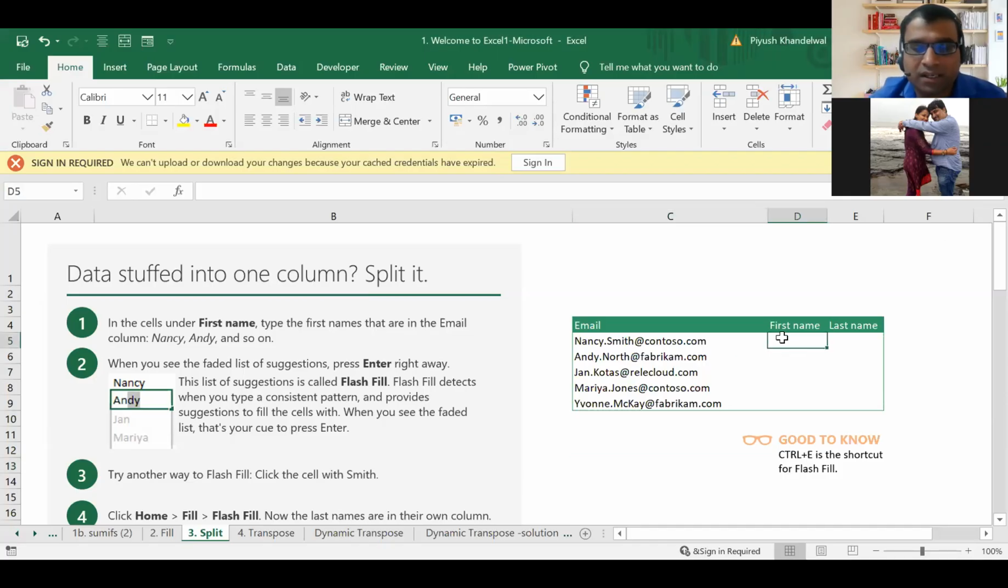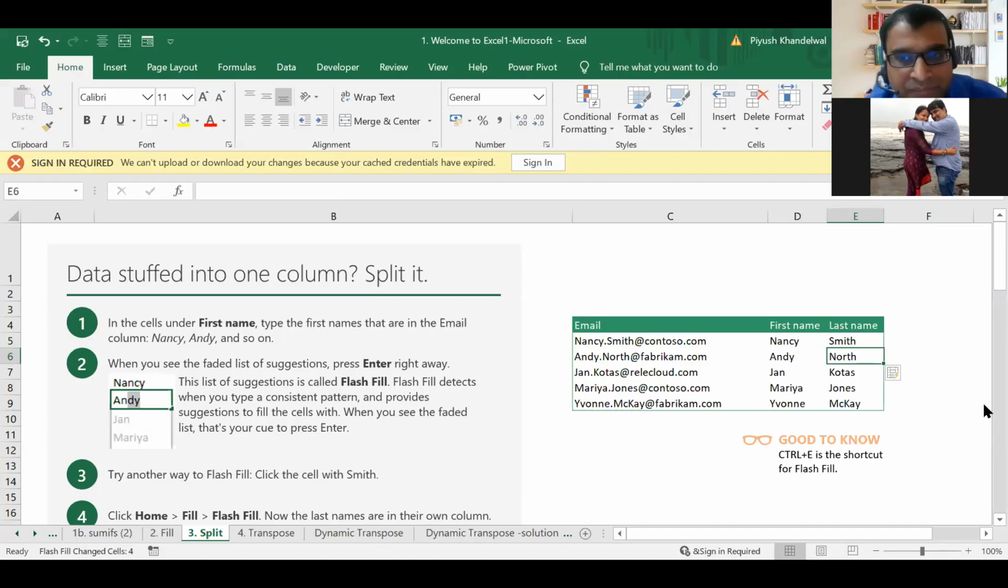What I'm doing here, I'm typing Nancy and here Smith. That is what I want, right? And then I will do some magic. I've just pressed one button. There is no formula, nothing needs to be put in. It's just one shortcut key which I have pressed, and you get all these things filled up in your Excel